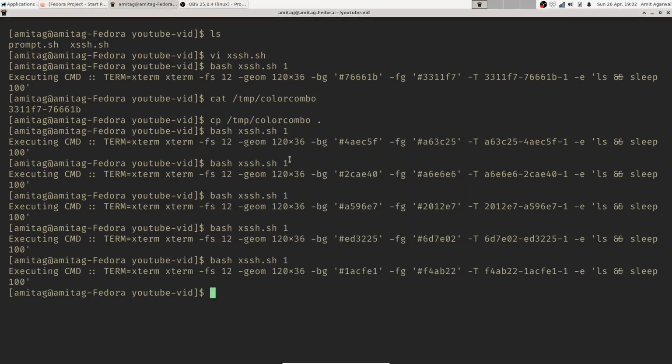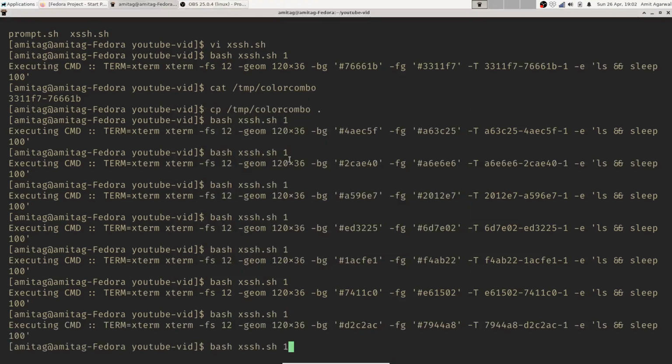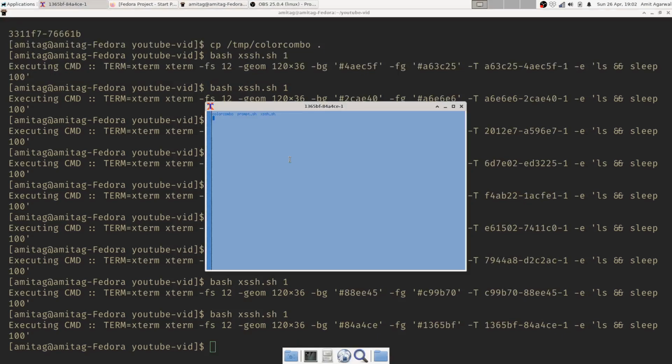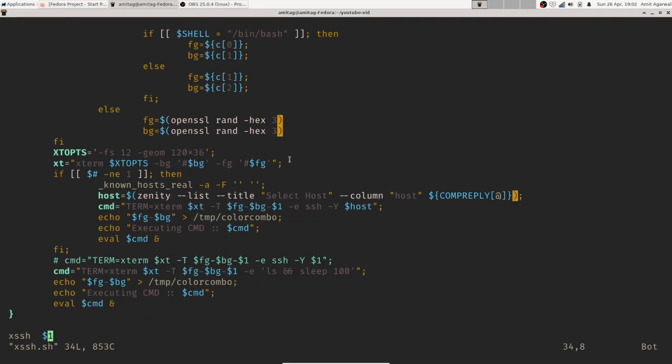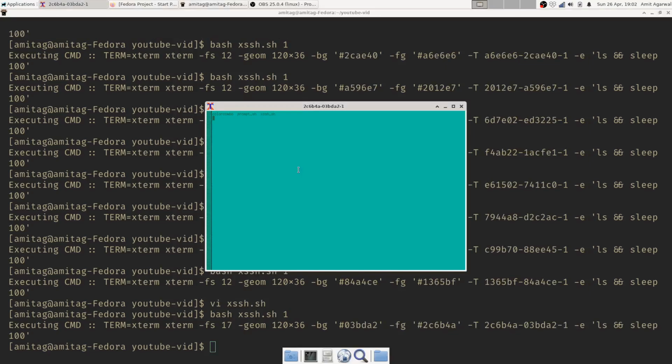command. So whenever I like a color, I can copy that in my caret/color combo file, and that will start working. Now the other thing is, now this becomes centralized. So if I want to change my font size or something, I can always change it here. I can just change it there and run the command again.